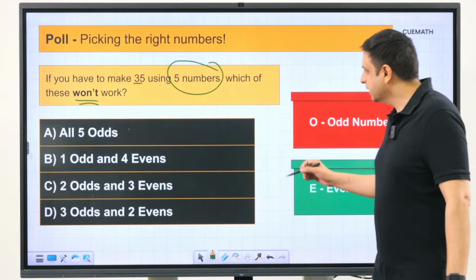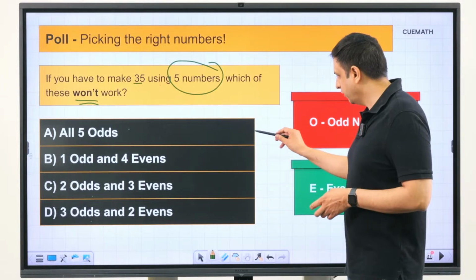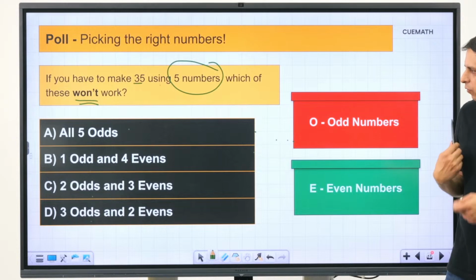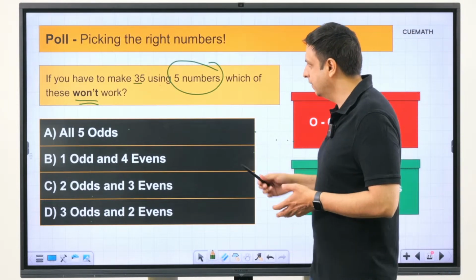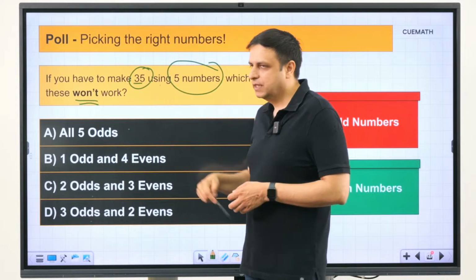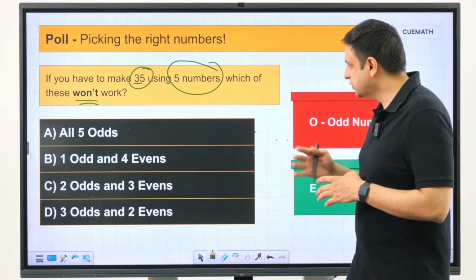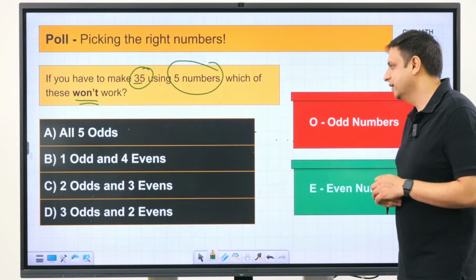So you have to think once again in terms of the parity of the combination. So for each of these options, think very carefully about what will be the parity of the sum. Will it be odd? Will it be even? And remember that 35 is an odd number. You have to get to odd parity. So in which of these options is getting to an odd parity not possible?